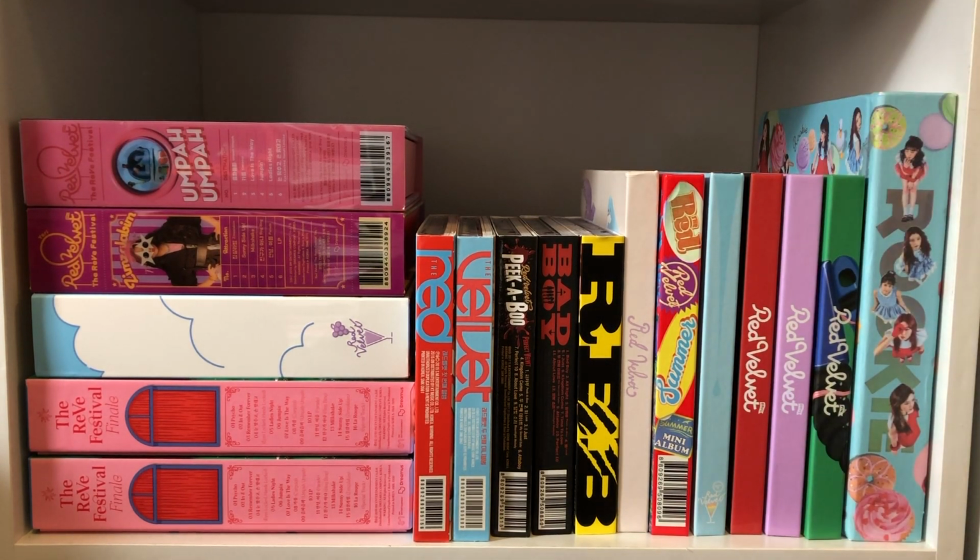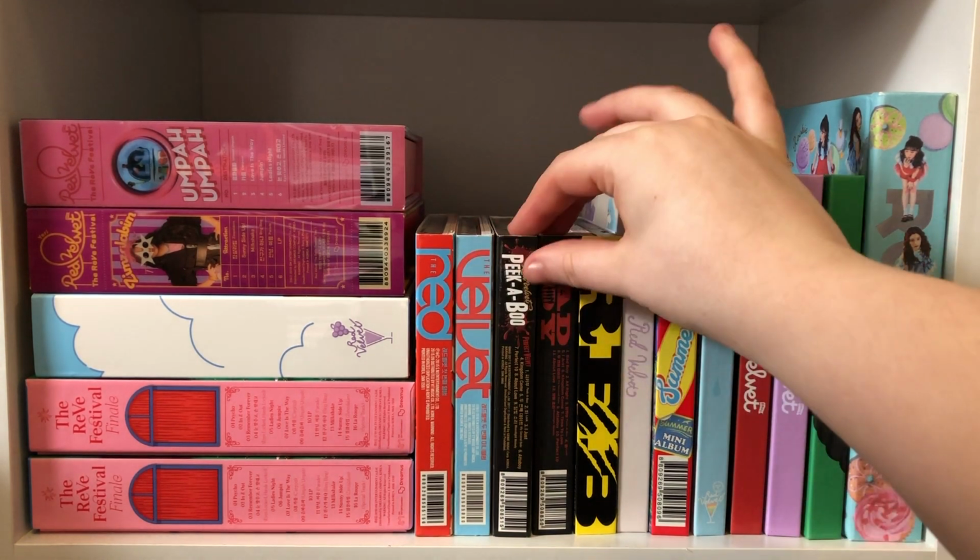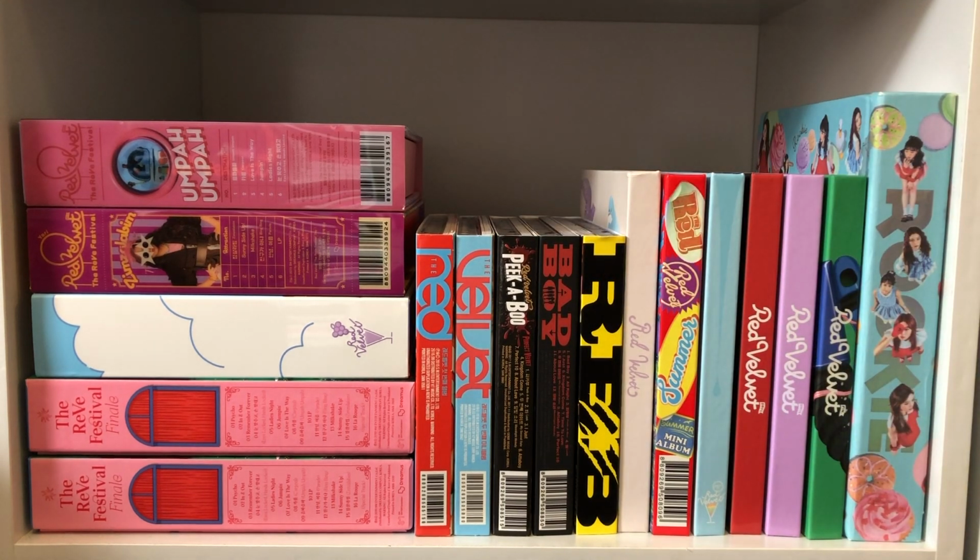And to answer one of the questions from Instagram, I think the question was my favourite collection, and currently this is my favourite collection just because of how pretty it looks, and I just really like the way the shelf is. And moving on to the next shelf,